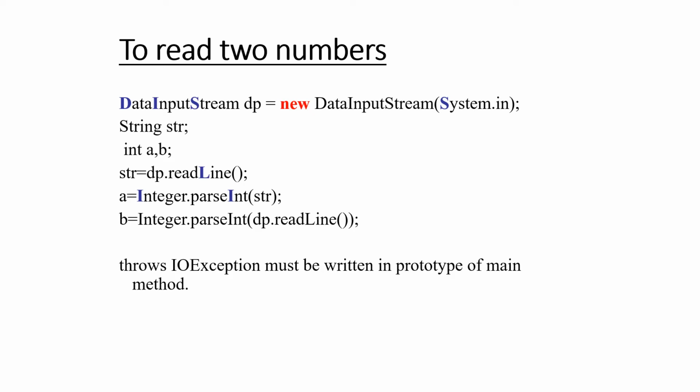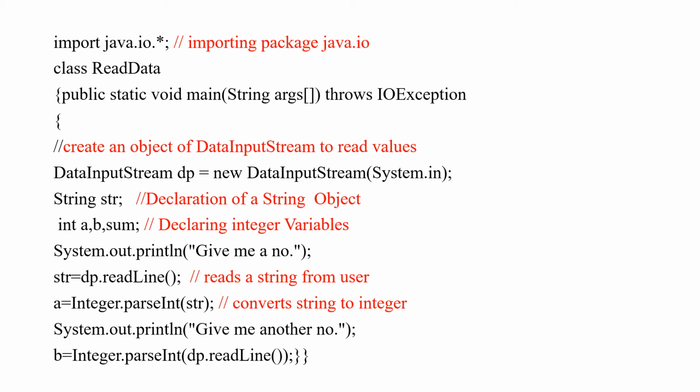System.in refers to keyboard. So if your input stream is connected to keyboard, then if you read any value using readLine method available in DataInputStream, automatically the value read from the keyboard will be available in DataInputStream, and from there it will go to a variable defined in the program. So using the readLine method, we are taking input from the input stream to the program. This is a program that we have already seen to see the use of DataInputStream class.